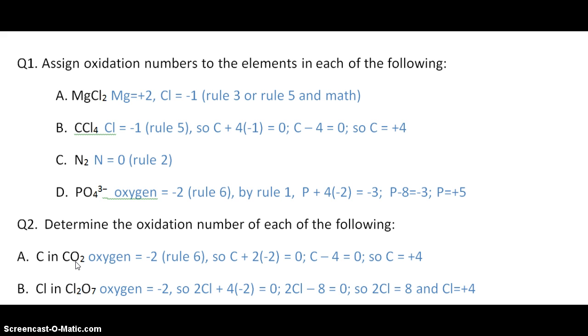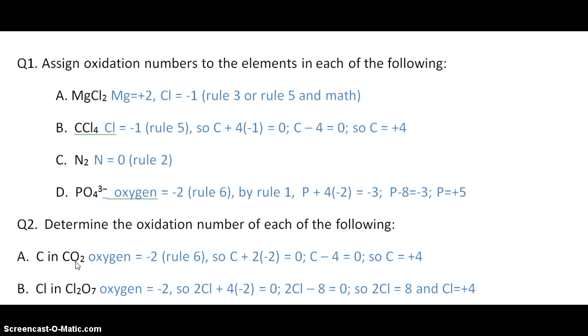Okay, so the next compound is carbon tetrachloride. Now we have a rule for chlorine, but we don't have one for carbon. That means we have to do a little math. By Rule 5, chlorine is -1 unless it is paired with oxygen or fluorine. So in this case it is -1. So the oxidation number of carbon plus 4 times -1 has to equal 0 because it's a neutral compound. So we do the math and we find that carbon minus 4 is equal to 0. So if we add 4 to both sides of the equation, we end up with the oxidation number of